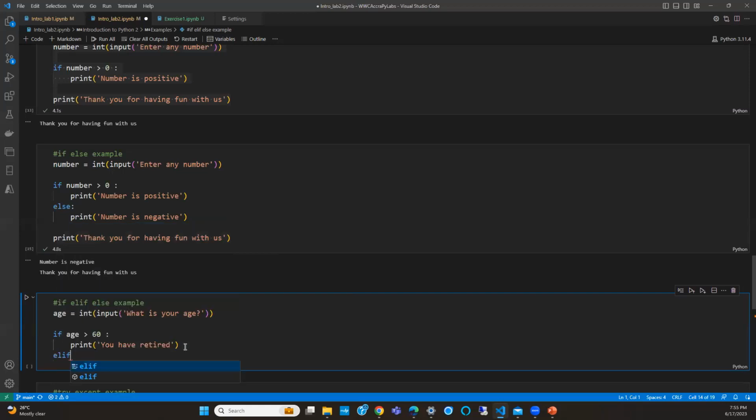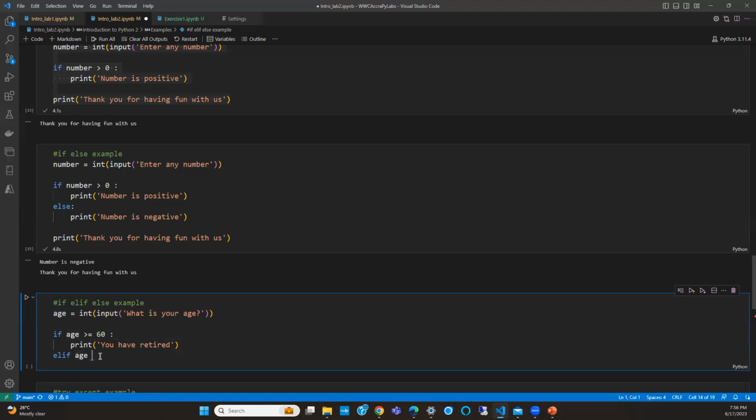And elif, so what is the new condition? So elif age, you retire when you're 60, it's not when you're older than 60. So let's just go greater or equal to. So the moment you're 60, you're retiring.